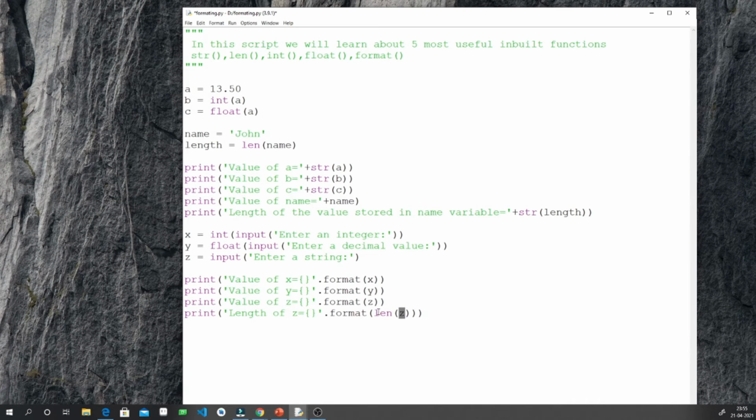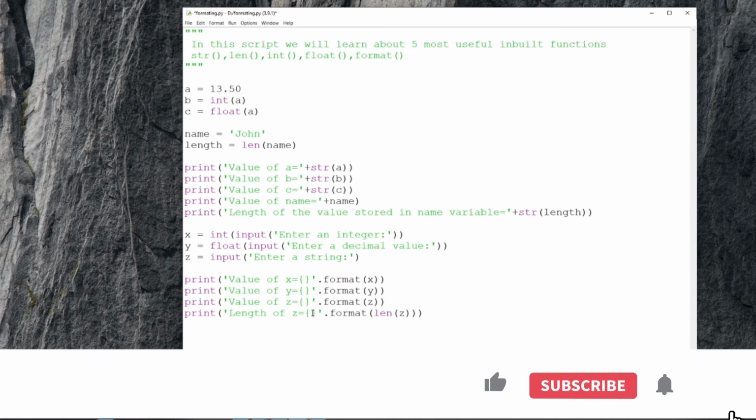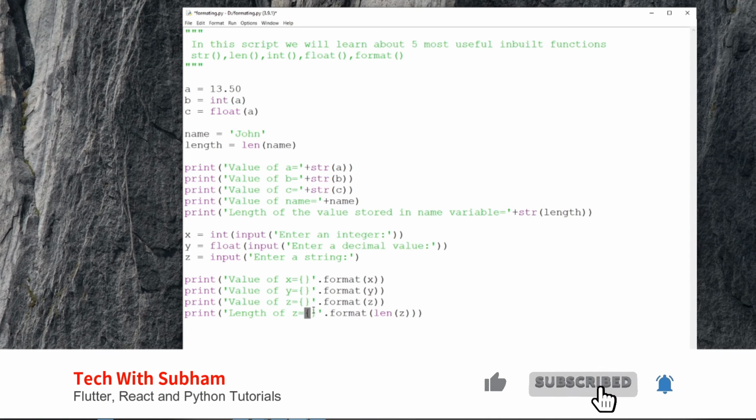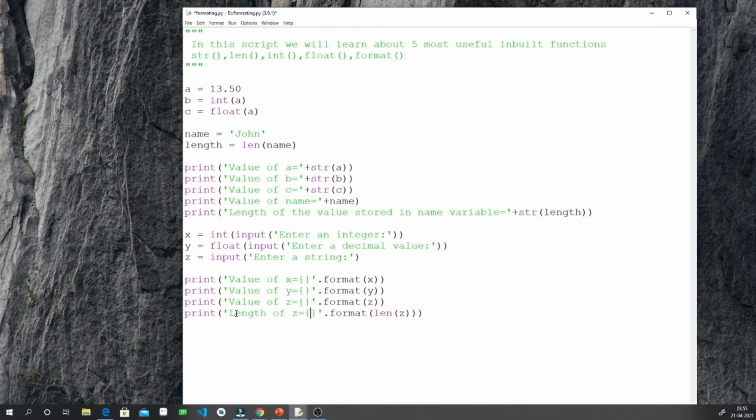If the number of characters in z is 5, the length of z will return 5. So format will contain 5, and it will throw this 5 in here. So the length of z equal to 5 will be the output.